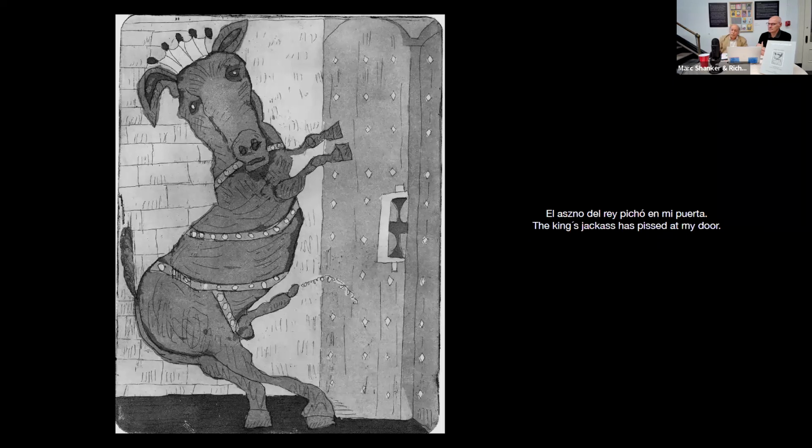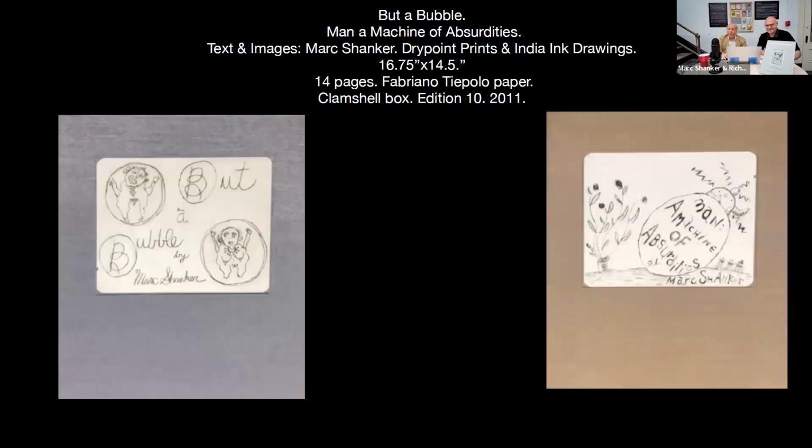Another proverb, the king's jackass has pissed on my door. Well, that's a great honor, isn't it? I haven't had the king's jackass piss on my door lately, but if I did, I'd be pretty important, wouldn't I? After doing 3.5 years of etching, which was very laborious, I started to work on X-ray film,